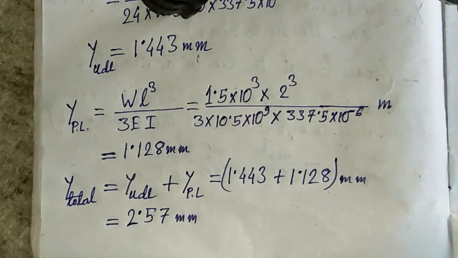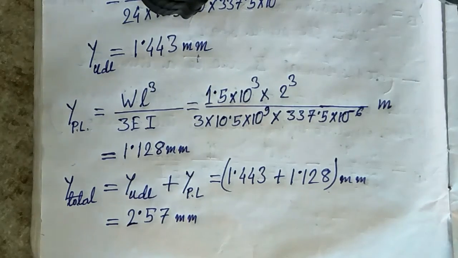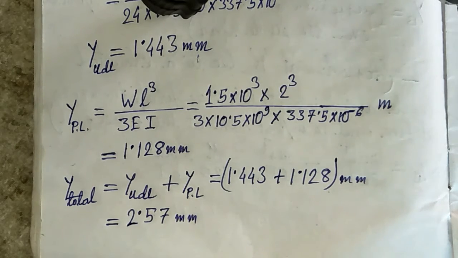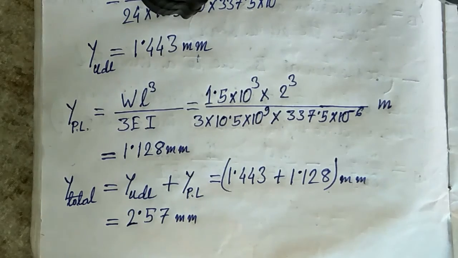So in this lecture we have learned about the different cantilever cases. That means the UDL from the fixed end, the UDL from the free end, the moment at the free end, and also varying load, that is 0 at free end and maximum at fixed end. Also the varying load that is 0 at fixed end and maximum at free end. In the next lecture we will learn about the simply supported beam, how to solve the deflection in case of simply supported beam using this double integration method. Okay, thank you.